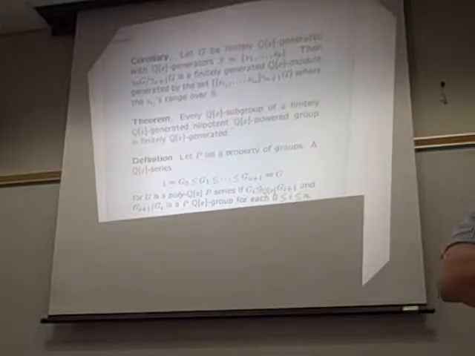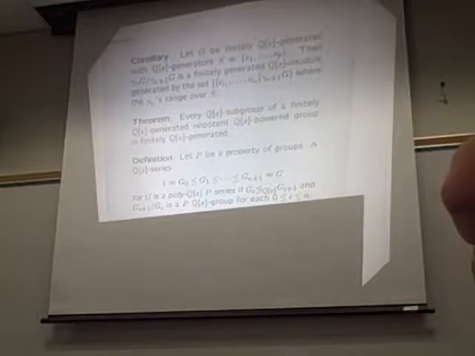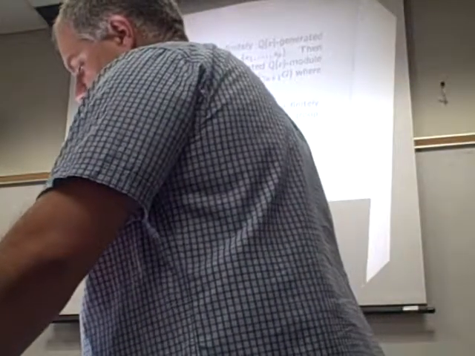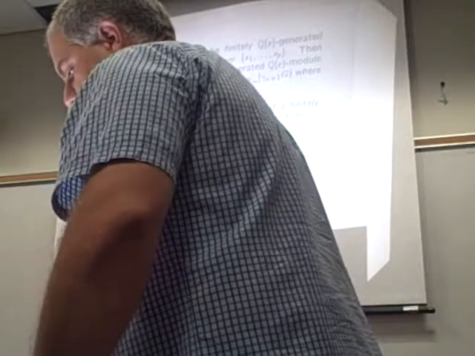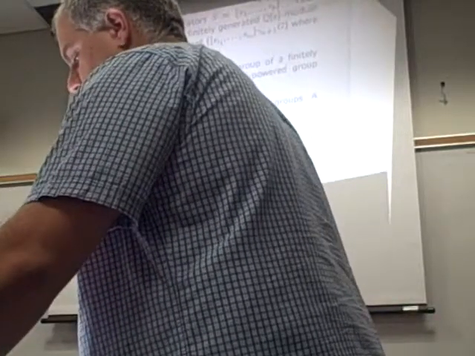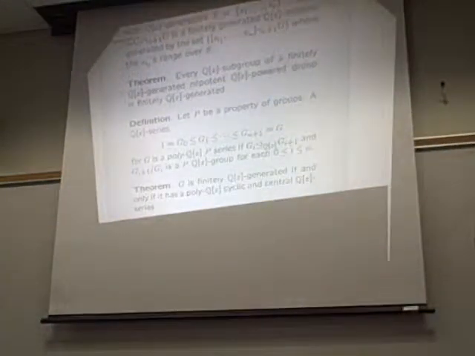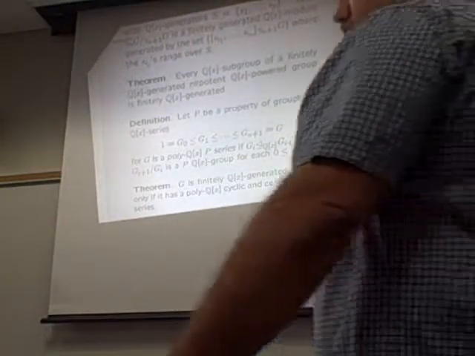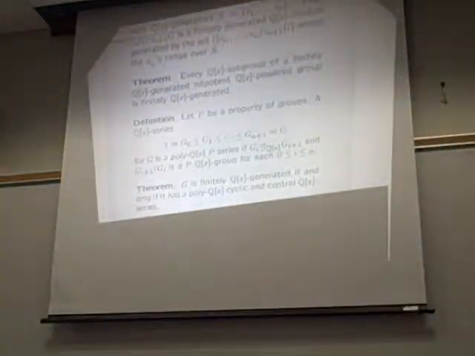Okay, so P is going to be a property, and the property that we're going to care about is shown in the next result. And this result was actually shown in Warfield's book on nilpotent groups. He proved that for any binomial ring R, if you have a finitely generated group G, then it's going to have a polyqx cyclic and central QX series, and conversely. Again, if you drop the QX stuff, you'll notice that this is very similar to the usual result on nilpotent groups.